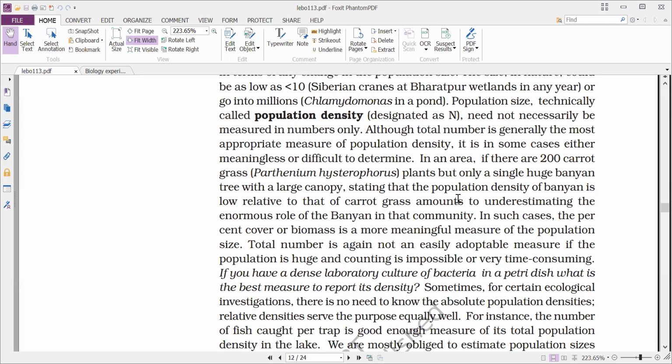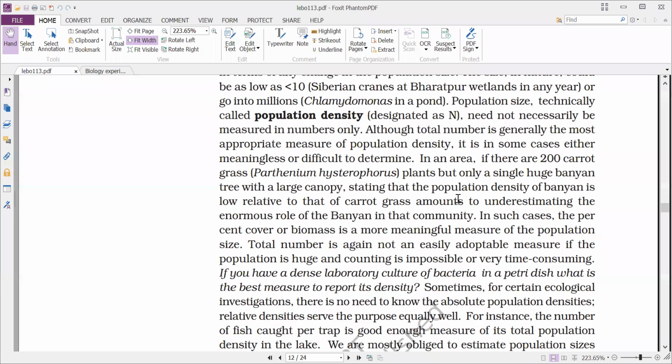Okay, what will you do? If I ask you to calculate the number of RBC in the human blood of a person, I give you one person and ask you to calculate the number of RBC in the body of that person. What will you do? You'll take all the blood from that person and calculate one by one.